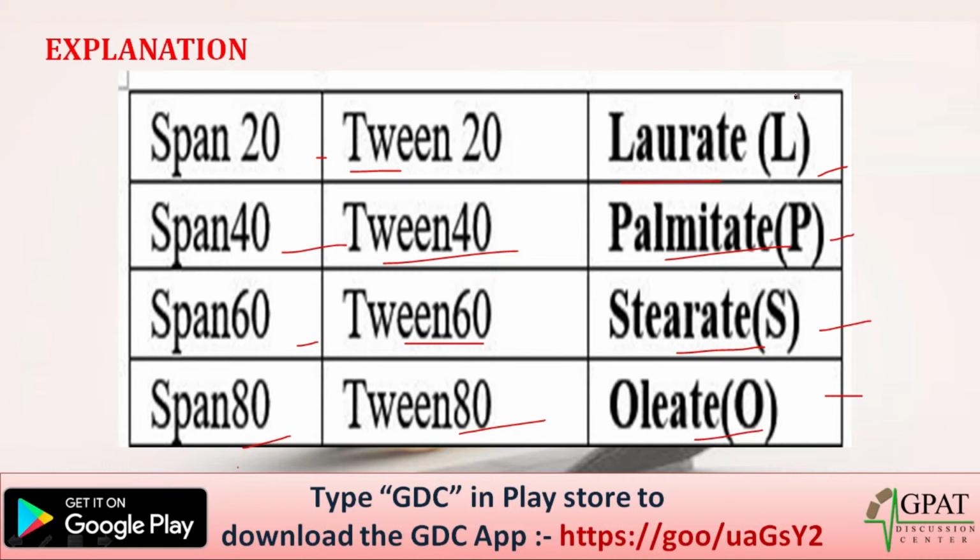So you can also learn it as "lovely public school office": L for lovely, P for public, S for school, O for office. So it's all about this. So the correct answer is